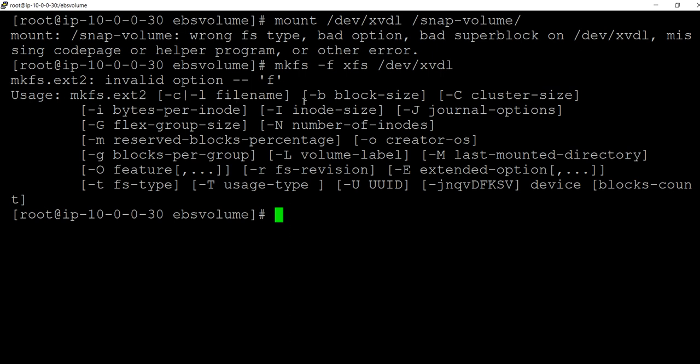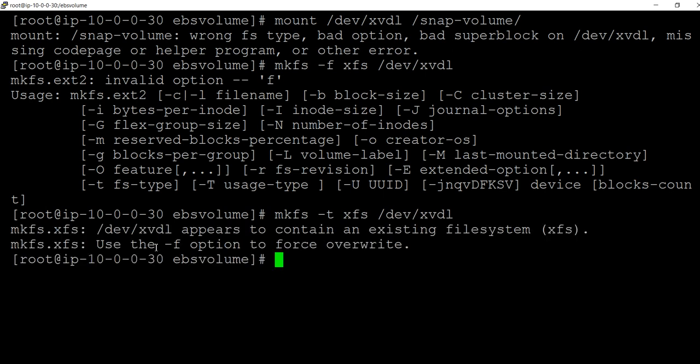Invalid option. It says /dev/xvdl appears to contain an existing file system. Okay, then you need to mount it directly.